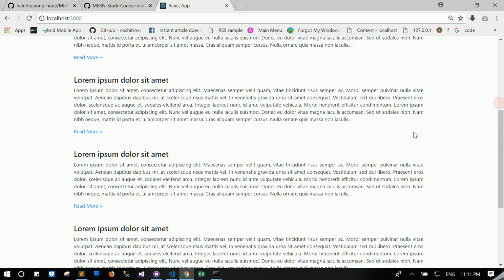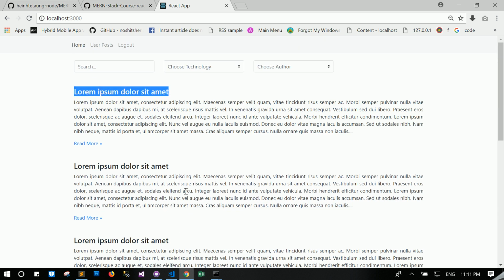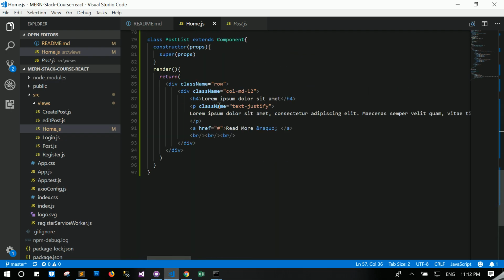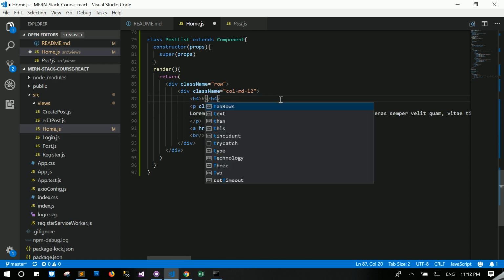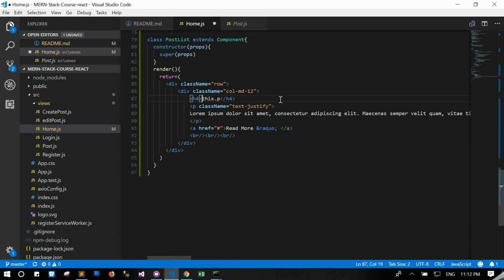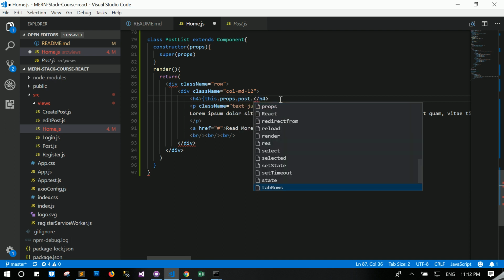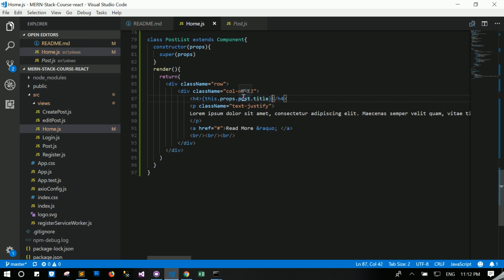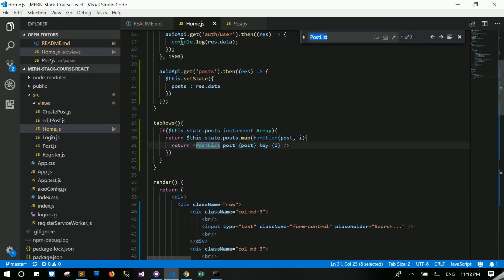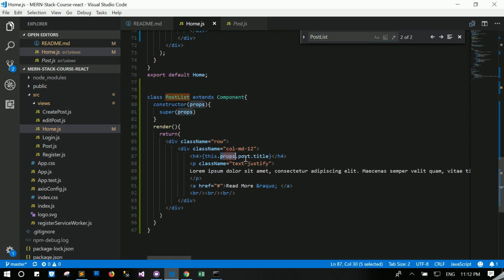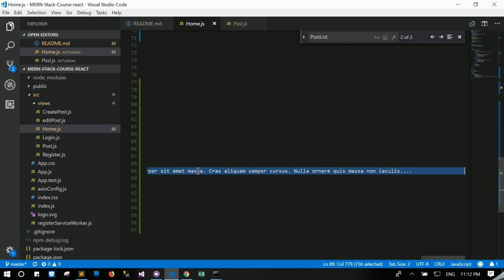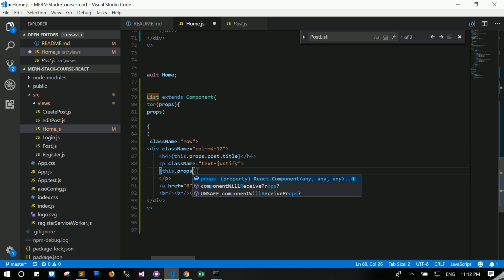just handle it. Okay, and then we need to show the real data. The real data is what we pass from the parents, and we can get it like this: this dot props dot post dot title, because this post is passed from the parents. Yes, right here this post reaches right here and can get as parent props dot post title. Okay, next thing we need to do is this must be the props dot post dot